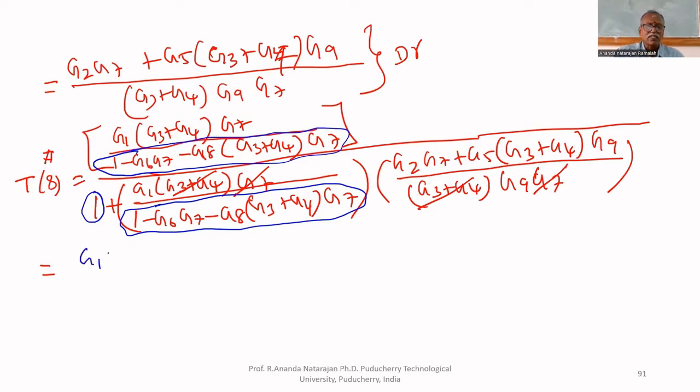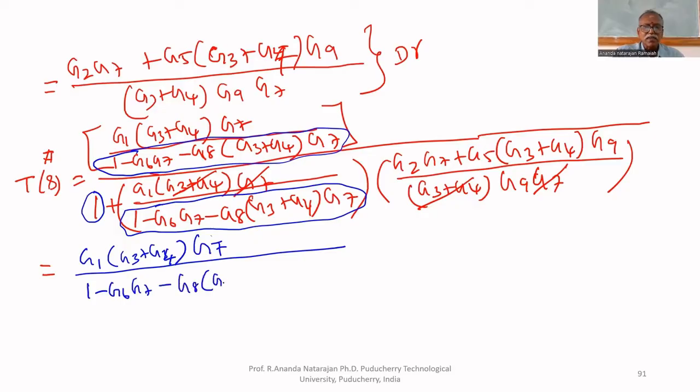Therefore, we will get numerator G1, G3 plus G4 multiplied by G7 whole divided by, I am writing this in place of 1, 1 minus G6, G7 minus G8 multiplied by G3 plus G4 multiplied by G7. So we are writing for 1 alone